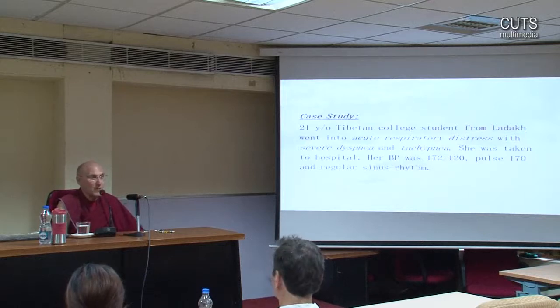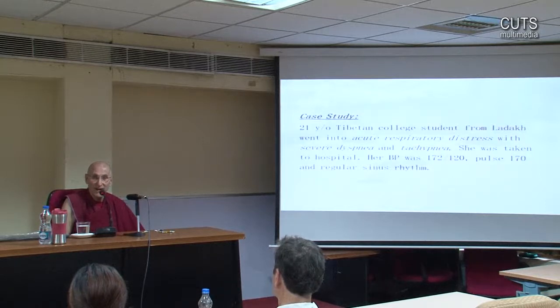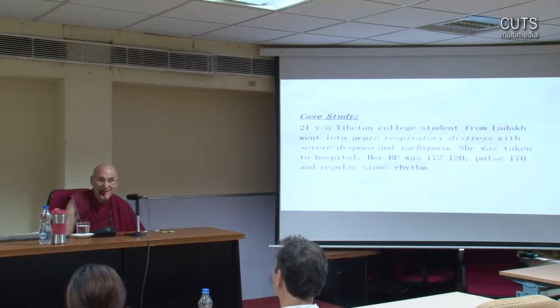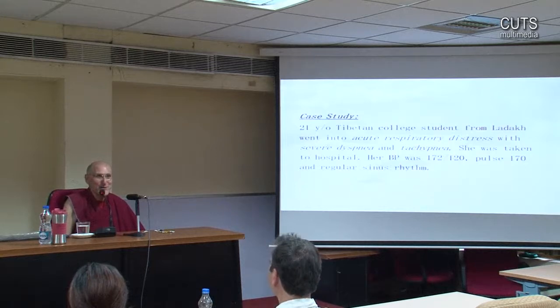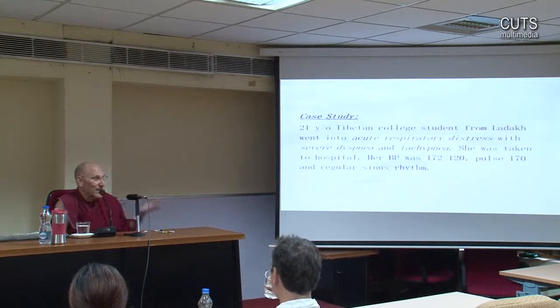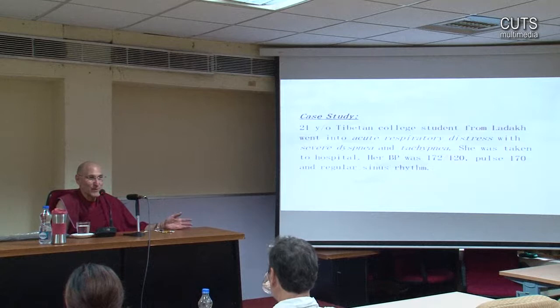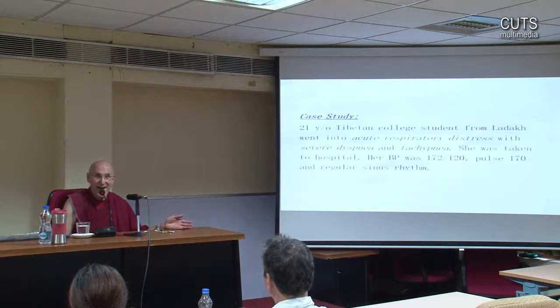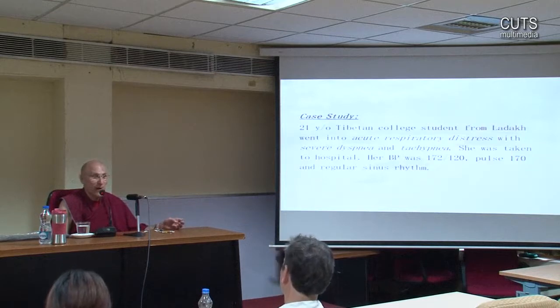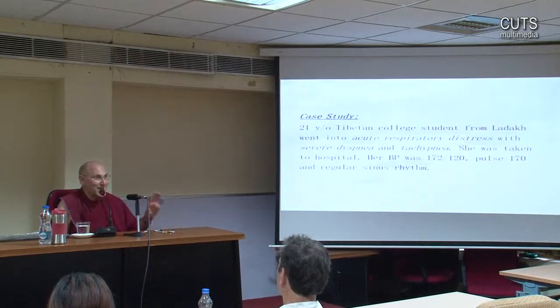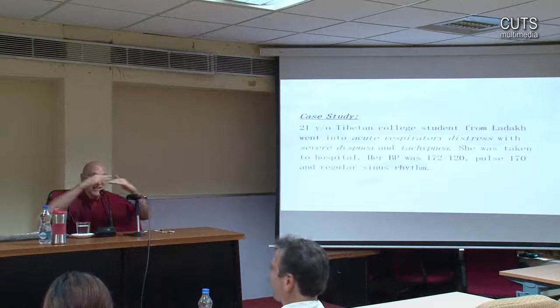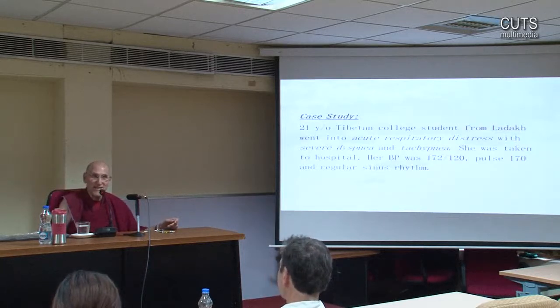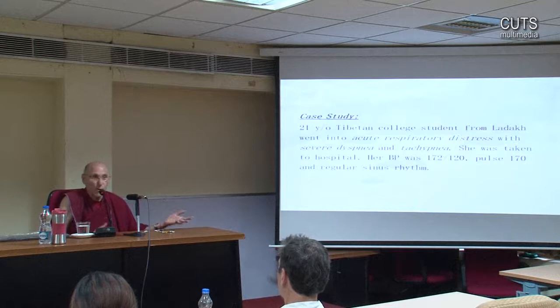Okay. What if the blood pressure is 140 over 90? What do you tell the patient? "Doctor, how's my blood pressure?" It was 140 over 90. The patient says, "Is it okay or is it high?" What do you tell them? I'm glad you're not answering because it's tricky. So we say borderline, 140 over 90.